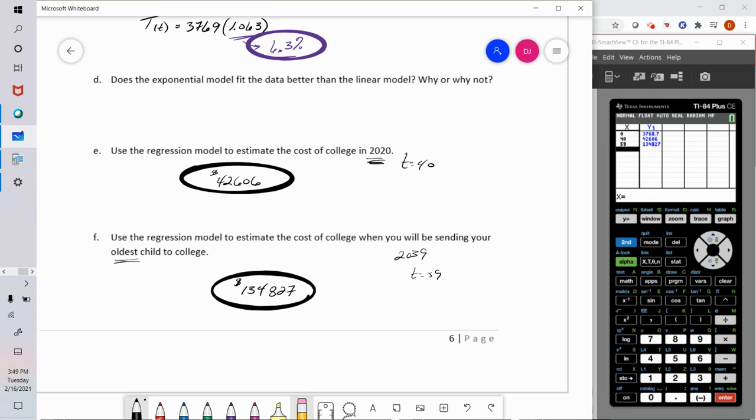The prediction is, if the model holds, if over the last 40 years college has increased at a rate of approximately 6.3%, and the cost of college continues to increase at approximately 6.3%, then we would predict that in 2039, the cost of college would be just shy of $135,000 per year. Hopefully things will change, but that is what the prediction will be. Okay, so there's a look at exponential functions, regression, as